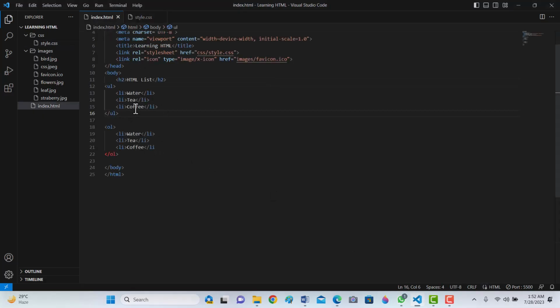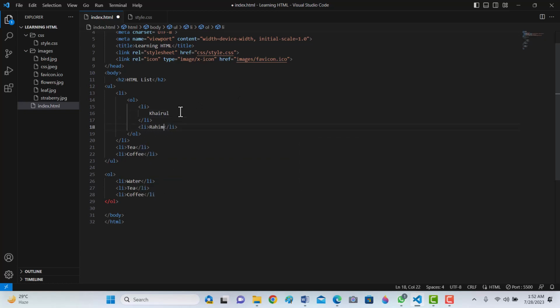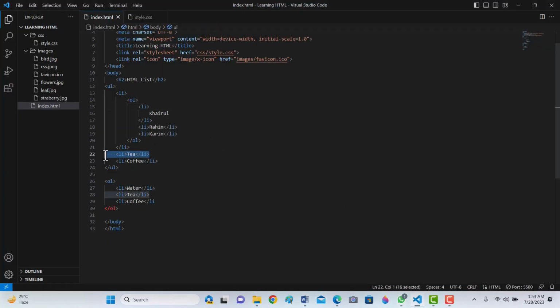Now we can also use nested list. How inside list we can again use ordered list or unordered list. See, see inside the list, for example,